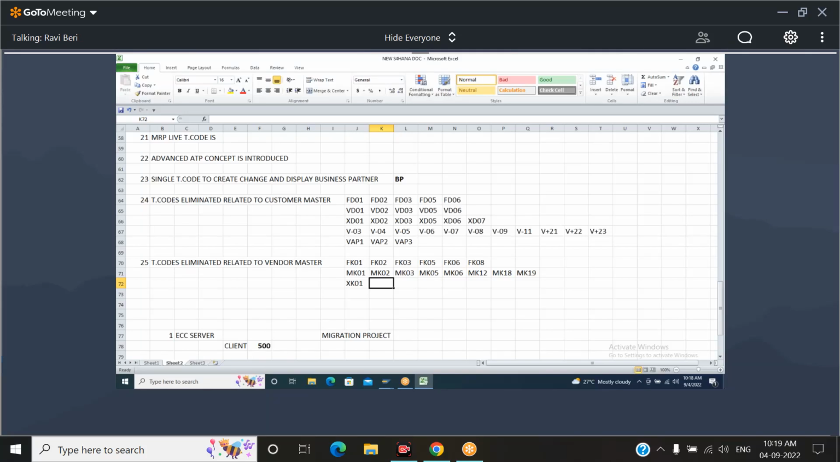XK01, XK02, XK03, XK05, XK06, XK07, then contact person, vendor contact, MAP1, MAP2, MAP3, like that. Next,